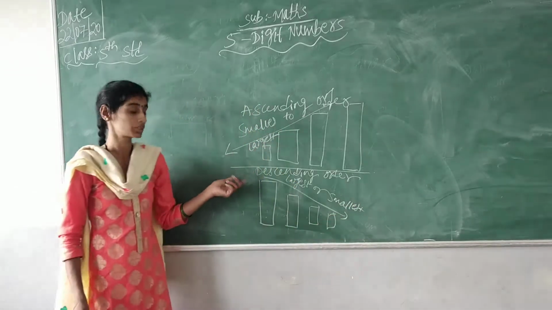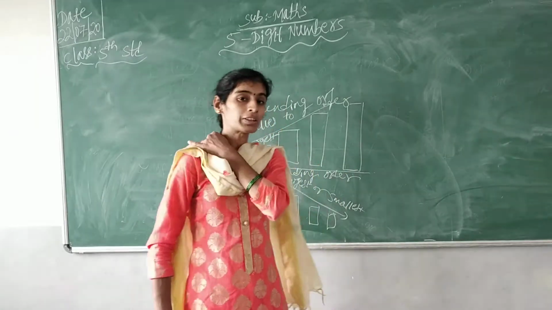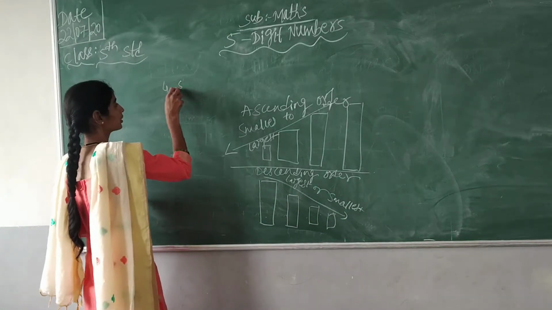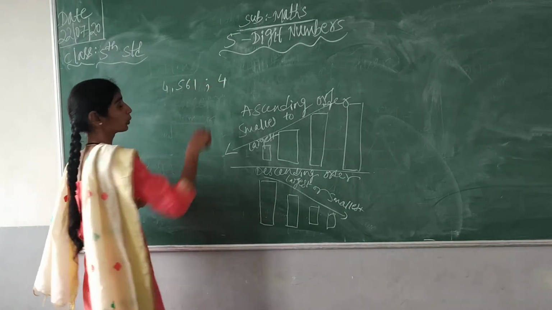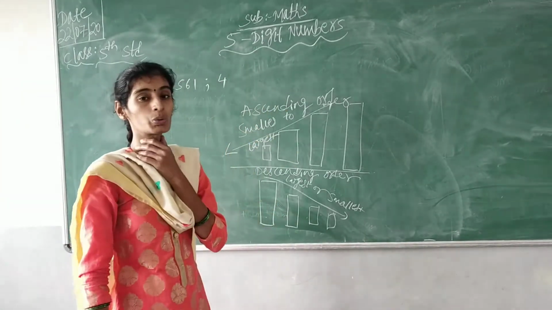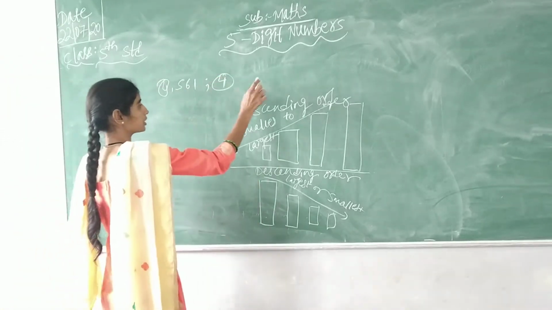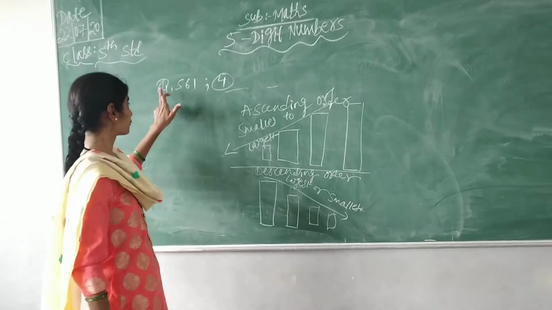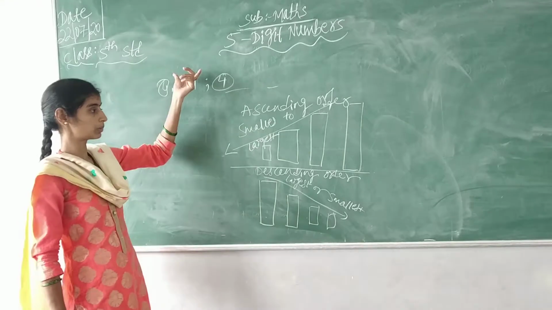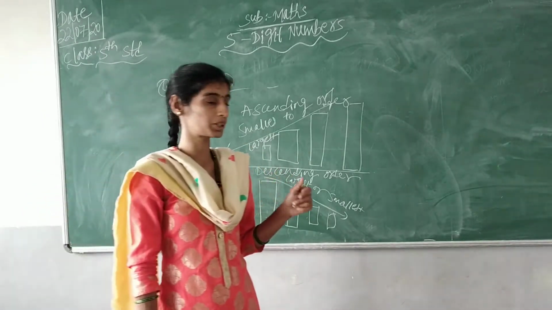And yesterday we saw some examples of how to arrange numbers. When you are going for numbers, suppose it is a 4-digit number, how to compare? Suppose they give you a set of 4-digit numbers. How do you do it, children? Yes, you have to go to the first place of all the digits. As I said in the last class, you have to look at the first digit of all the 4 numbers. In that, whichever is the smallest, you have to place it in the first place. Likewise, you do the comparison.